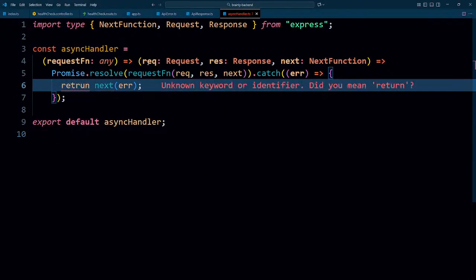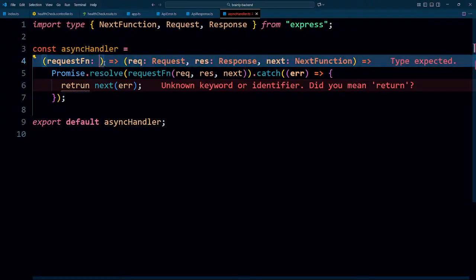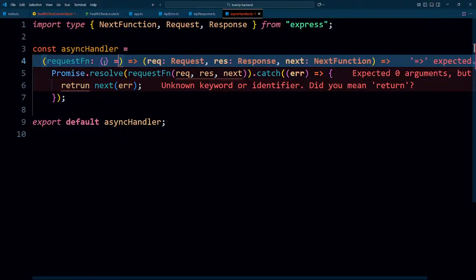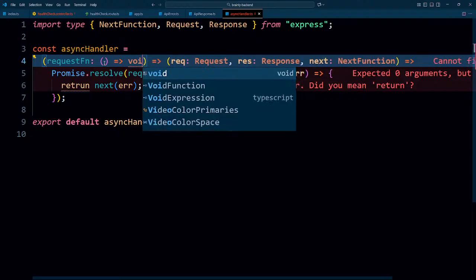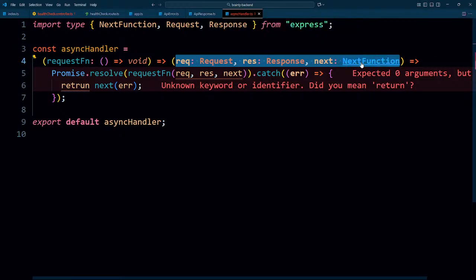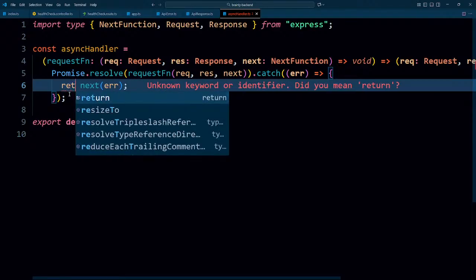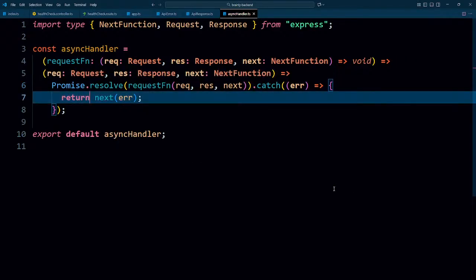And even the types I was giving earlier. So request function, I can name it request handle function, but okay, never mind. For now, it's going to be okay. It's going to be a function. It would return void, and the values it's going to be asking for are going to be these. So let's give it the values, something like this. I'll have to return the value from here on. So even back then I was returning it. So we have the request function, request handler, and then these types we are getting in here.